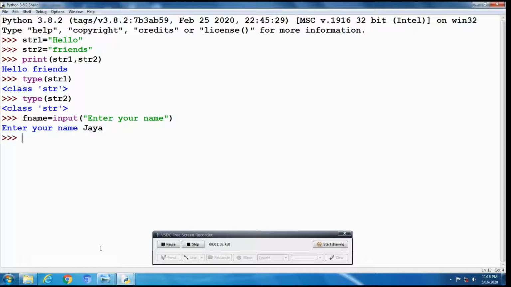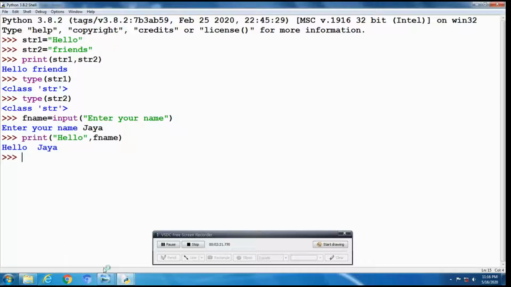After that, print hello. In the inverted commas we have to give it, then close the inverted comma, separated by a comma, and fname we are taking from the input statement. Then hello and our name will be concatenated together.